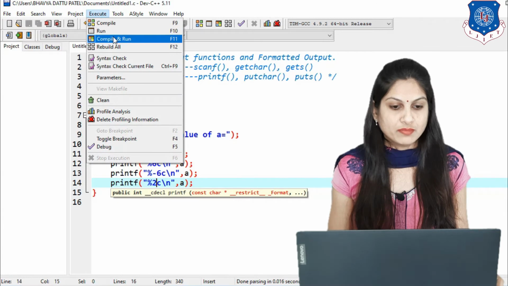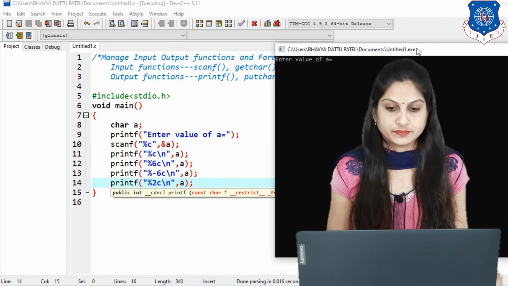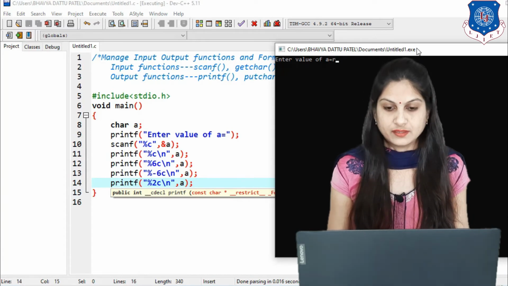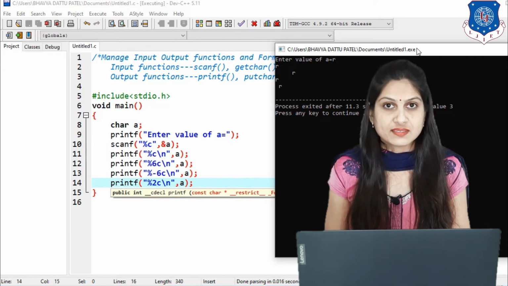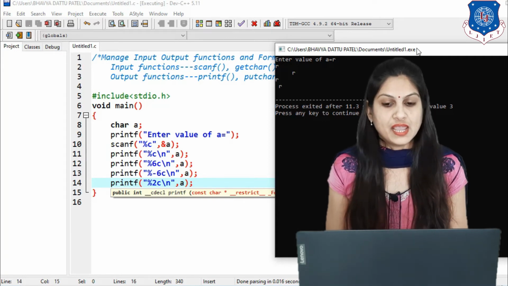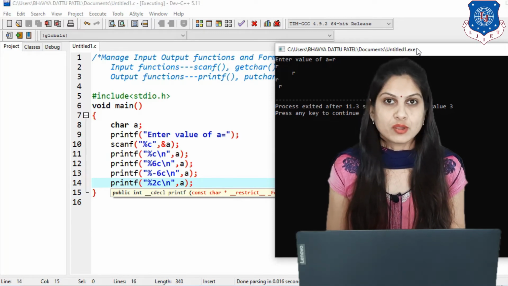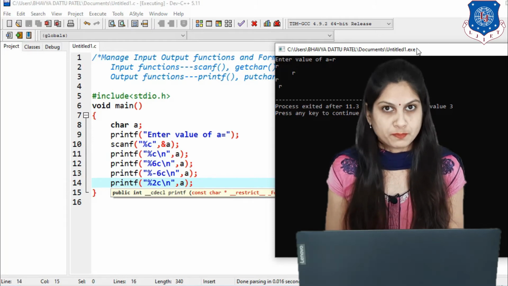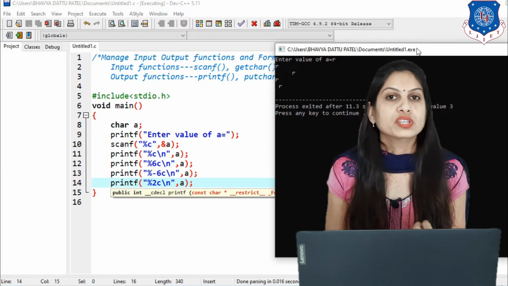First compile and run the program, and just see the message. Enter value of A. Now we have to use a character, so I am using R. So different forms of R will be printed. First is simple %c, then %6c means again 6 blocks will be created and it prints from the right hand side, meaning 5 blank spaces are there and then the R. Then %-6c means start from the left hand side, it just prints the R, and the remaining are spaces. And then %2c means 2 blocks are created, and the R value is put in.